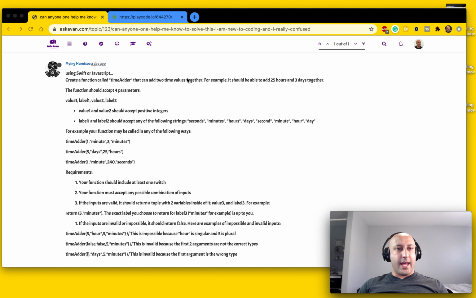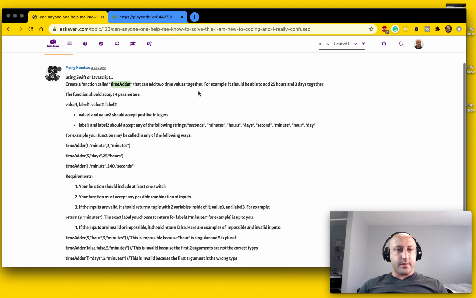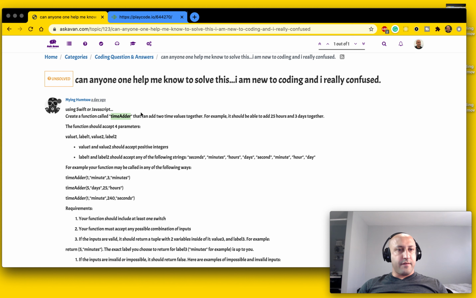Here's a question on AskAvan.com that somebody posted regarding a function called timeAdder that is supposed to add up 2 times. The format of the 2 times is in value and label format. So there's a value, a number, and a label, a string, and then the same thing for the second time, value and label. So the function takes in 4 arguments total, and it's supposed to return like a tuple or object